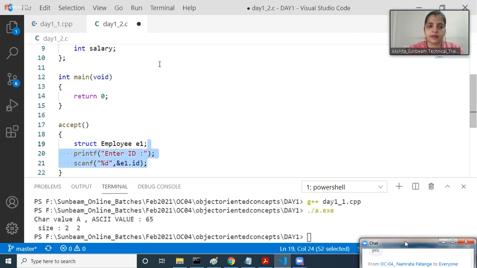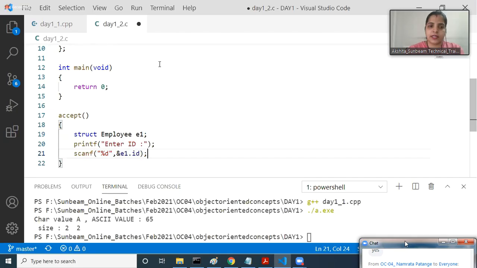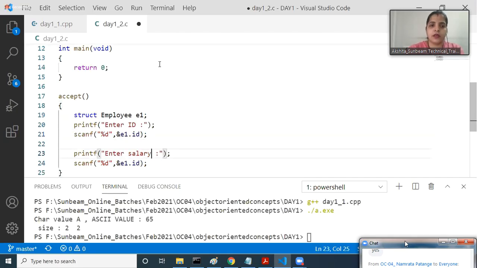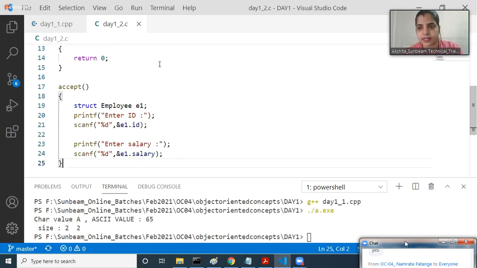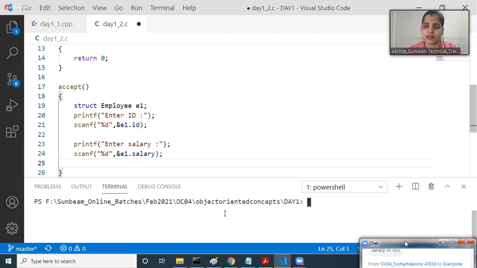I can take the next field, enter salary, and I can take, of 2 fields, ID and salary. You can declare salary in float, that's absolutely fine. I've just taken integer. Variables depend on you. Now, I'm saying return E1. Can my